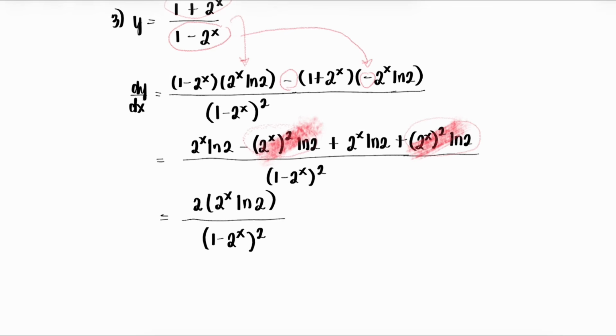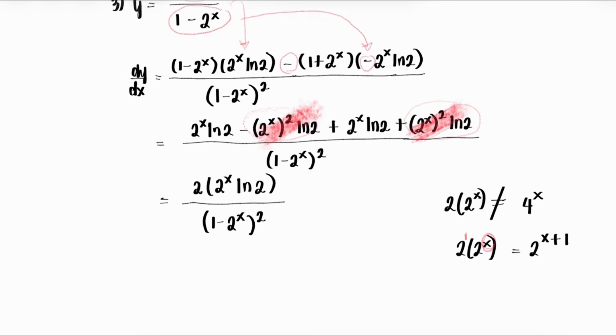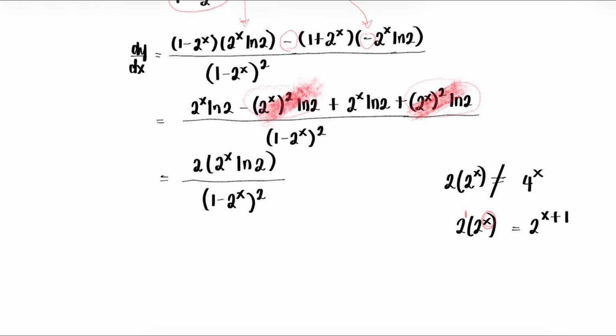Now remember, if you are writing 2 times 2 to the power of x, it is wrong to multiply it like that. Remember that if you're multiplying powers with the same base, you're going to add their exponents. So 2 times 2 to the power of x is equal to 2 to the power of x plus 1. Because you're adding their exponents. x here is the exponent and the exponent of 2 here is 1. So it's 2 to the power of x plus 1. Okay? So you can write it like that, 2 to the power of x plus 1, or